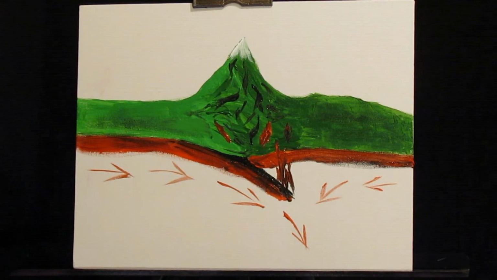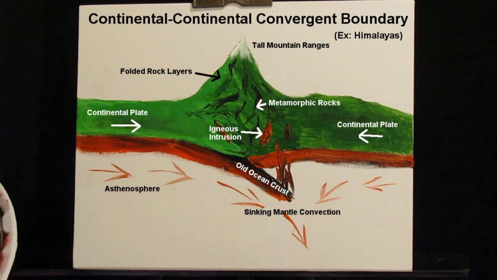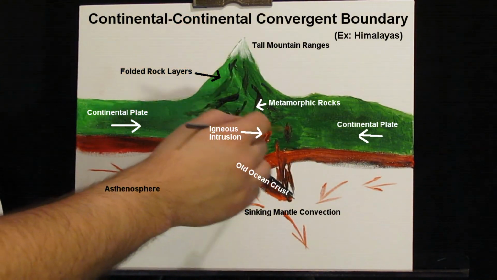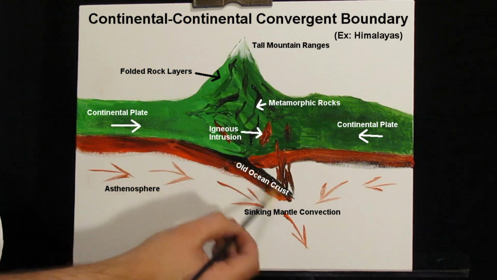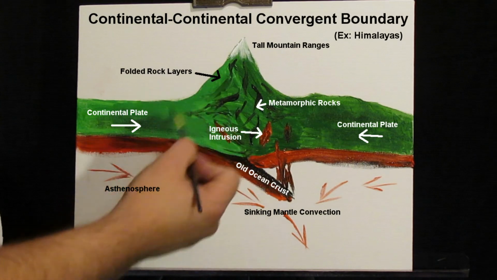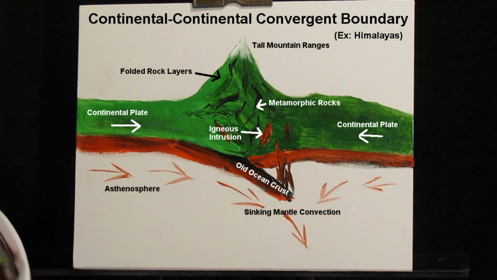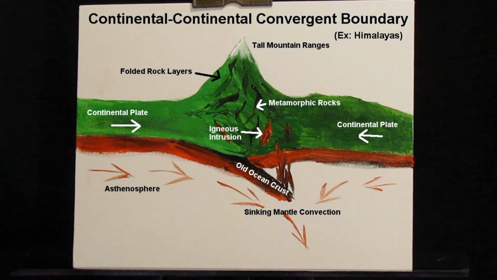All right, so that is our convergent continental to continental slamming together, forming the tallest mountains in the world. All these folded rock layers, some igneous intrusions from that melting upward movement of magma, the old ocean plate still subducting underneath. It'll eventually get recycled into the mantle, and that mantle convection driving this whole process. All right, so that concludes our convergent boundary diagram. We only have one more diagram left, so